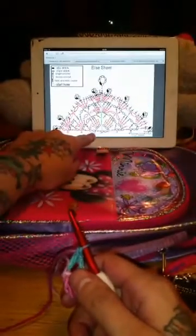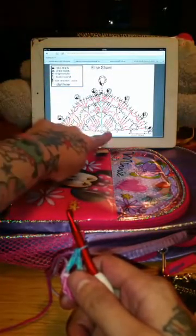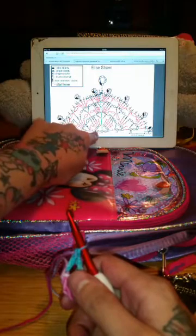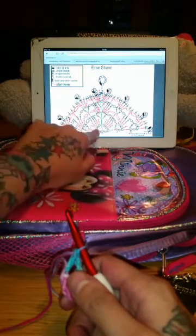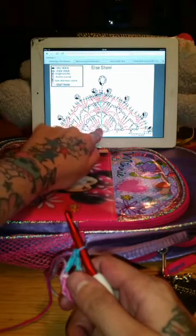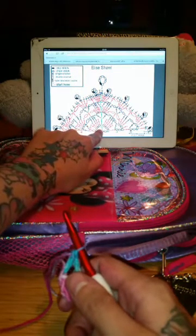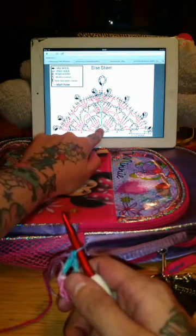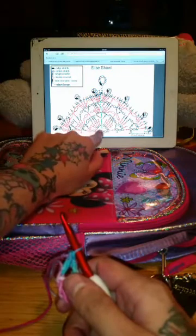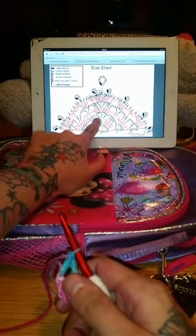Okay, so if we go back to our chart, it's really handy because it goes black, red, so we don't get confused. So just on the first row, we're going to turn our work, and then we're going to work around this second row. So we chain 3. These 5 stitches are going into this space. They're not actually going into these chains, which is where I went wrong so many times until it finally clicked with me. Yeah, we're going to do 3 chains, 5 crochets into this gap,